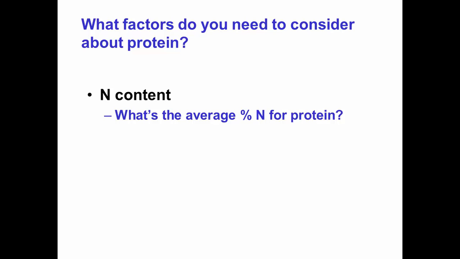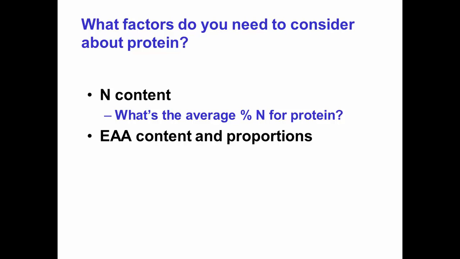So 16% nitrogen is what we tend to use because most proteins, that's kind of where we end up. If you take the average survey of proteins across a normal diet, we end up with roughly 16% nitrogen. So when we do our calculations clinically, that's what we use. But know that different proteins can have higher than that. Food companies making supplements for clinical settings will vary a little bit. I'll show you a label in a second where certain amino acids have higher nitrogen, so it can be higher than 16.